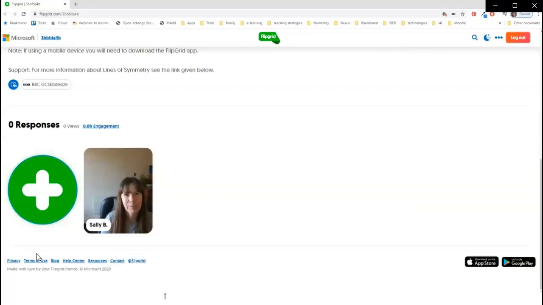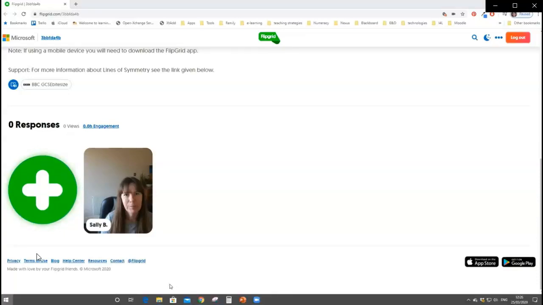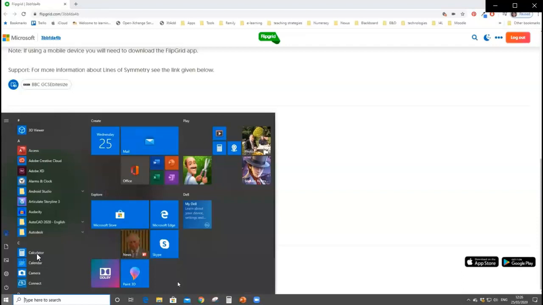Now you think about how you could use that with your language learning groups, or how useful it might be with English for speakers of other languages groups, or if you're teaching English and you want to work on the literacy skills. There's so much potential, I'm sure, on any subject area. I'm sure you could think of ways to use a tool like this. I mean, I'm using it for maths, so if I can use it for maths, then I'm sure you can